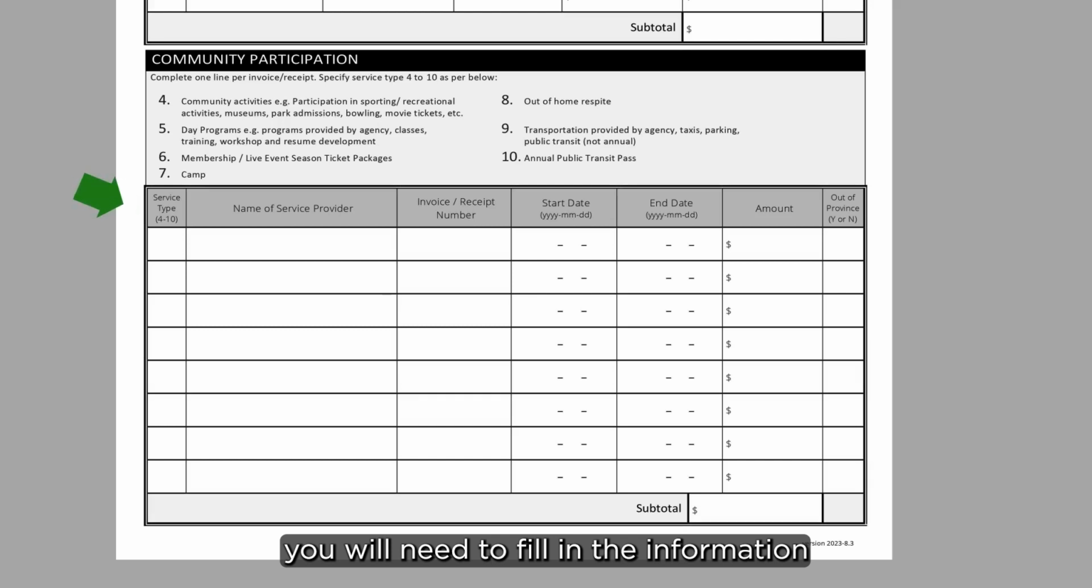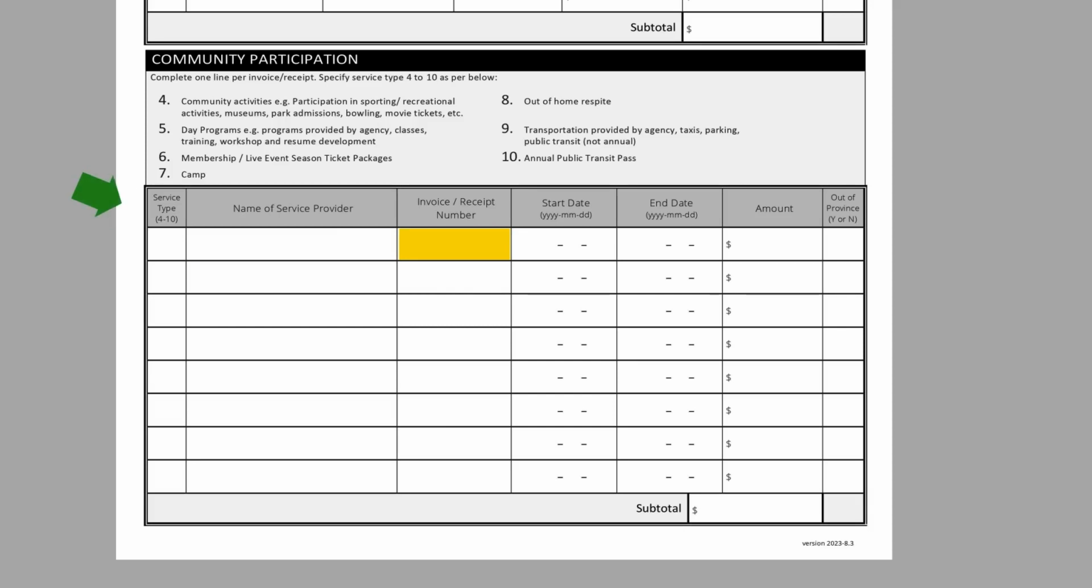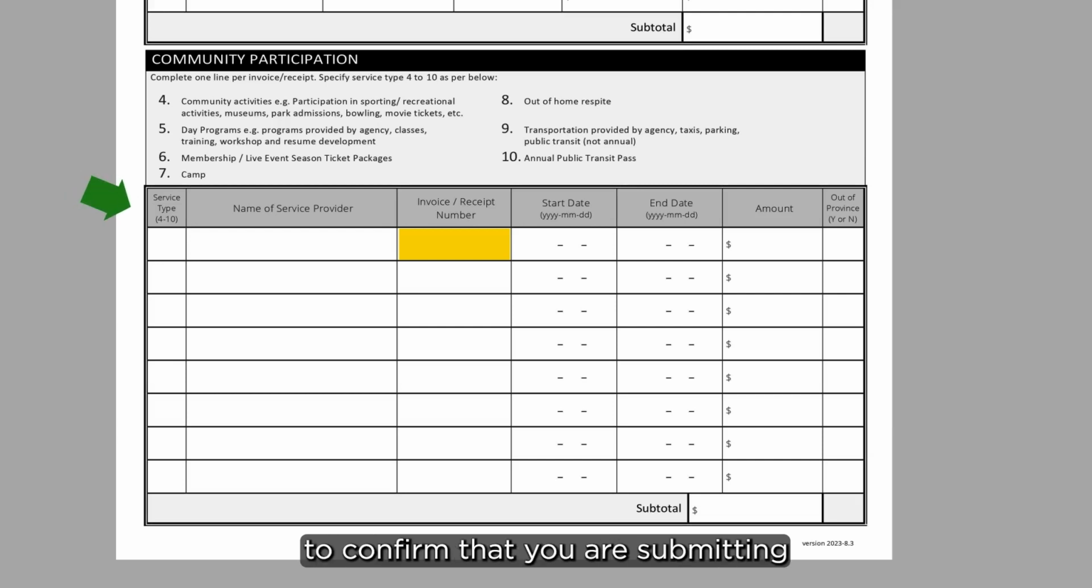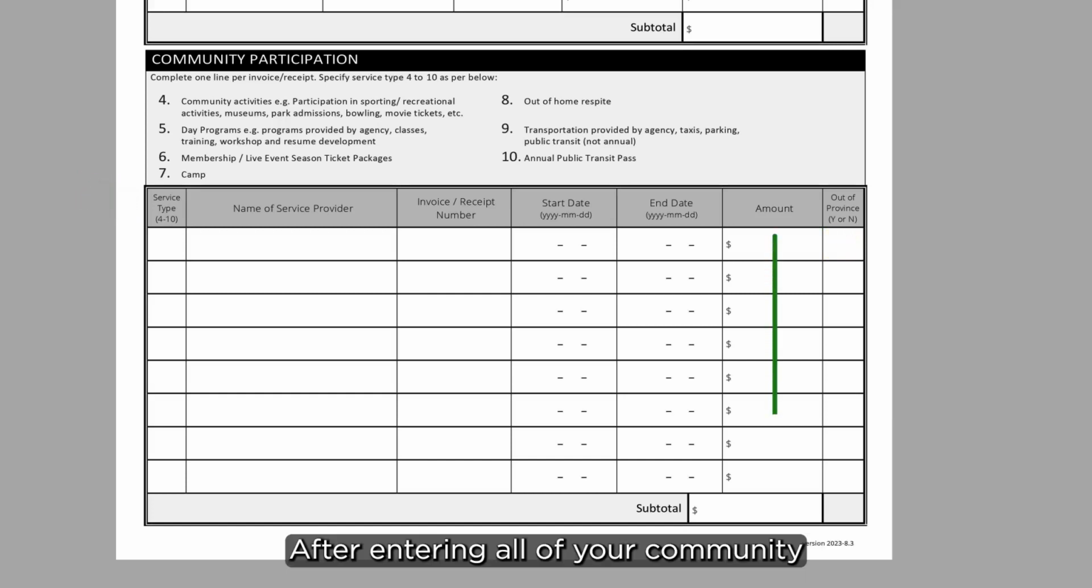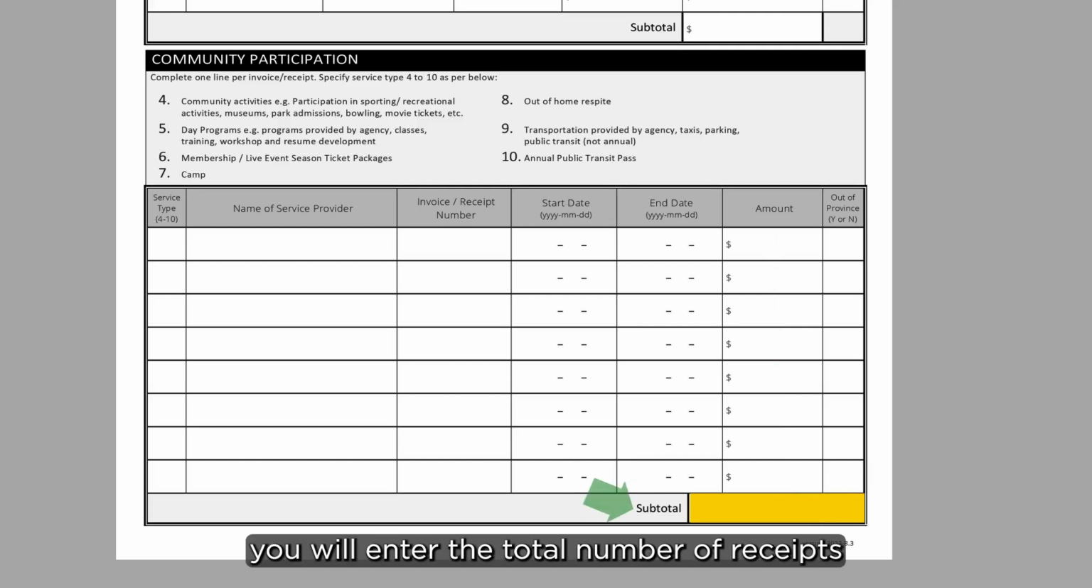When submitting a claim that includes one of these service types, you will need to fill in the information including the service type, the name of the service provider, the invoice or receipt number. If you don't have an invoice or receipt number, you can enter Y for yes to confirm that you are submitting a receipt with this claim. You'll also enter the start date, end date, the amount, and confirm if the activity or service happened within or outside of Ontario. After entering all of your community participation activities, you will enter the total number of receipts in